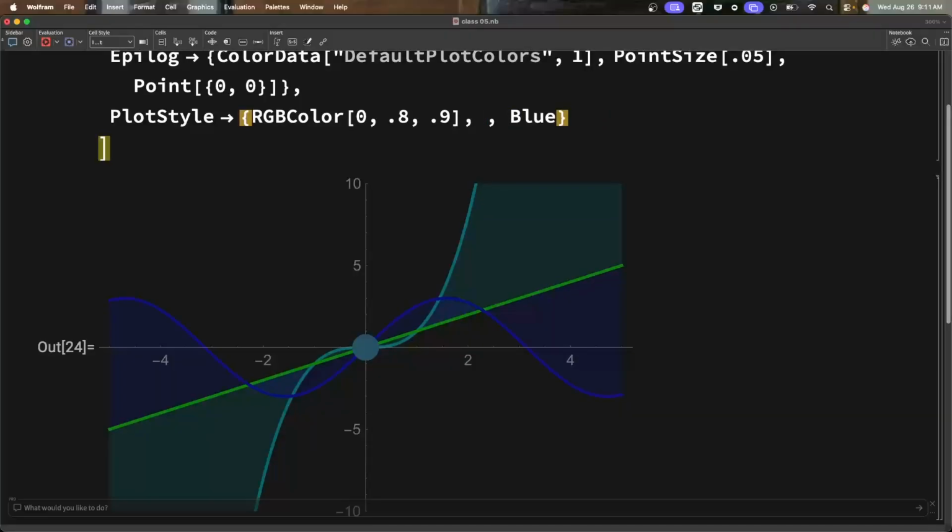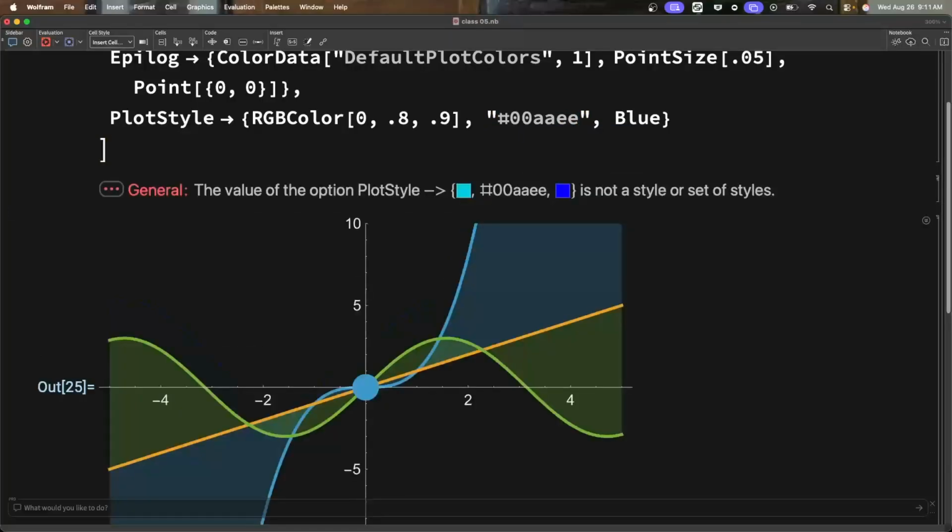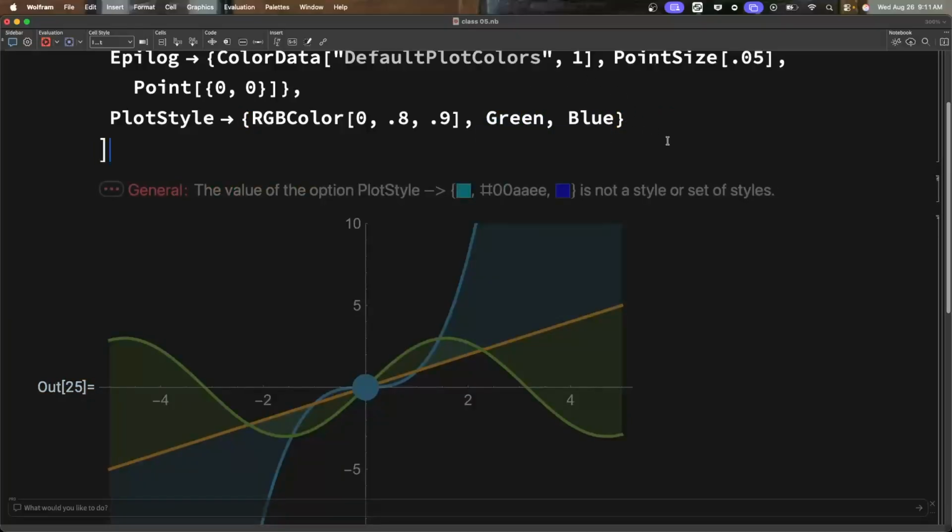I believe you can do hex codes. So let's try 00AAFF. Maybe I need to be in quotes. Pound 00AAFF. It doesn't know that that's a color, so I guess that doesn't work. I'll put green back here. I'm going to replace blue with